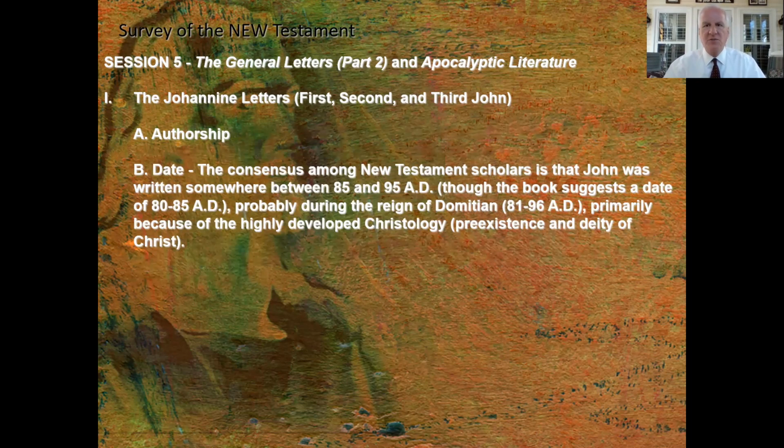The consensus among New Testament scholars is that John was written somewhere between 85 and 95 AD. A lot of the textbooks suggest a date of 80 to 85. It was probably during the reign of Domitian, the Roman emperor, who reigned from 81 to 96 AD. And a lot of the reason why that date is speculated is because of the highly developed Christology that the Gospel of John reflects. What I mean by that is that by the end of the New Testament period,